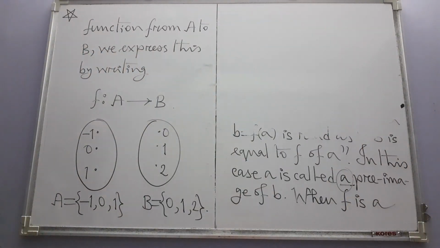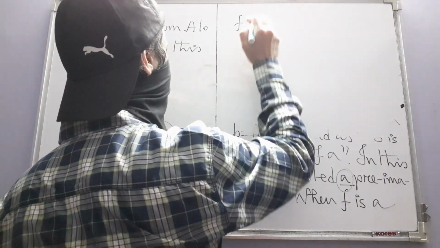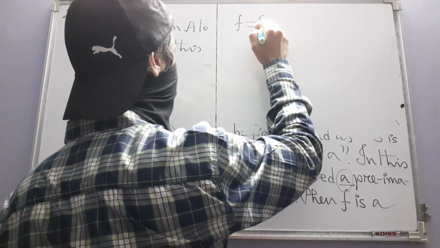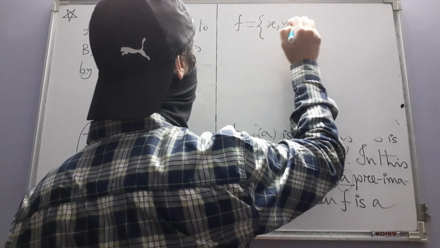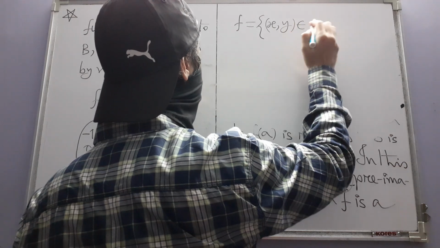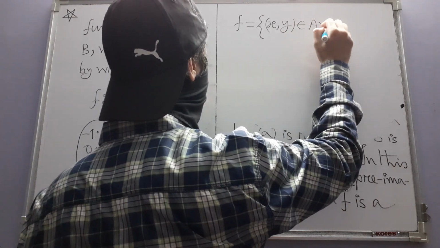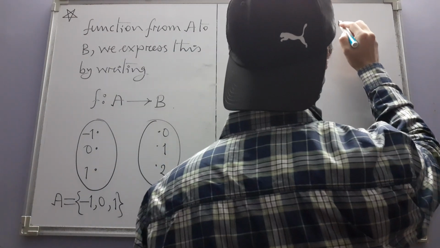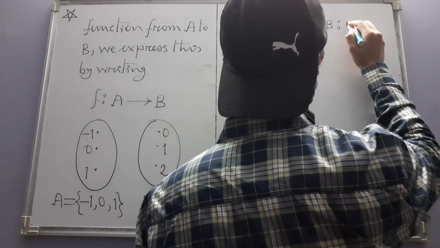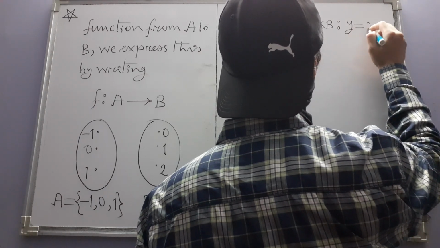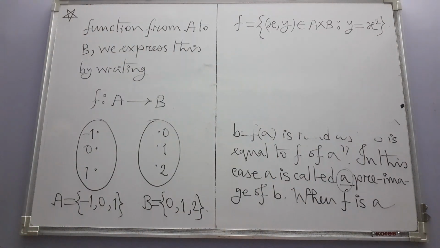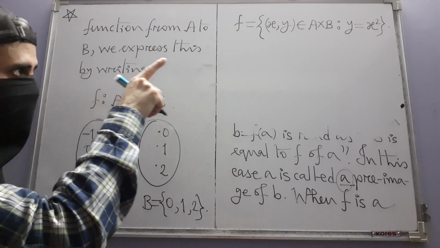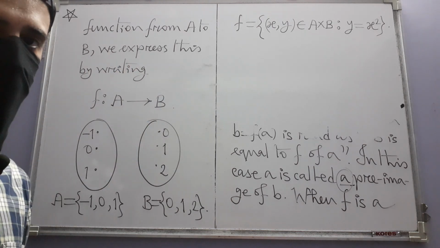Say this relation is F. F consists of ordered pairs x comma y, of course, coming from A times B, such that y is equal to x square. If instead of writing F in the set builder form like this, if I write it in roster form,